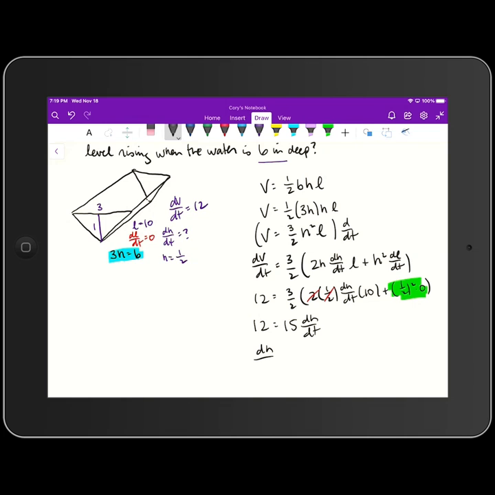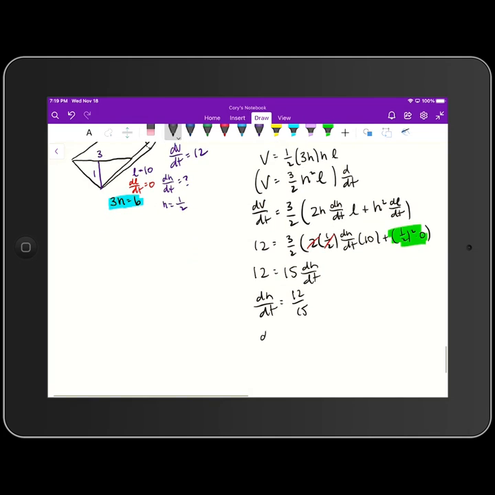So we get dh/dt is equal to 12 over 15. Both 12 and 15 are divisible by 3, so that becomes 4 over 5. Height is measured in feet. Time is measured in minutes. So the change in height with respect to time is 4 feet every 5 minutes. Okay, so again,